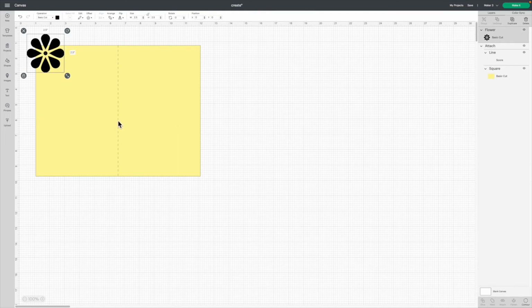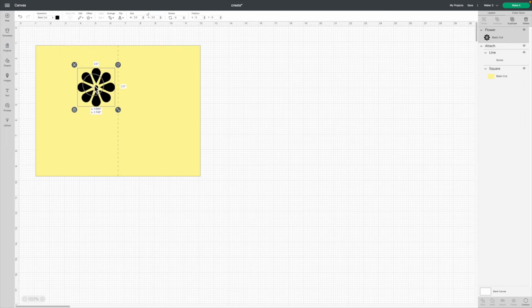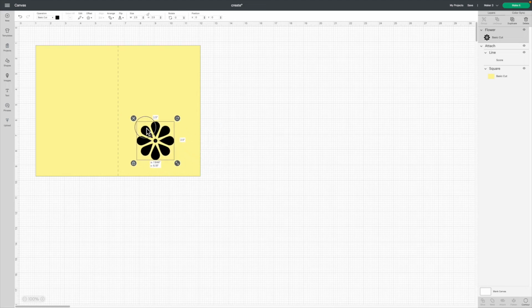Now our image has been placed on the canvas. If you wish to rotate your image, you can do so with the little round arrow. In the case of this flower, it really doesn't matter.